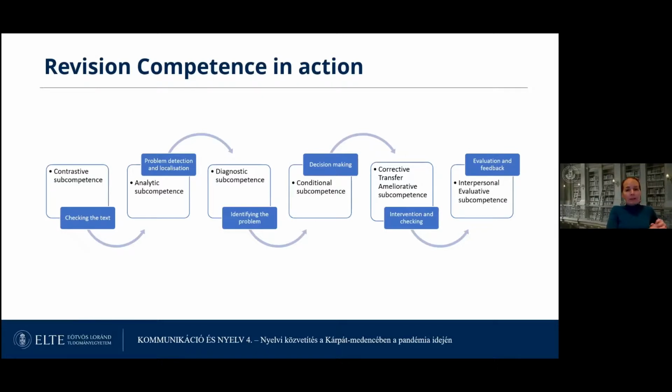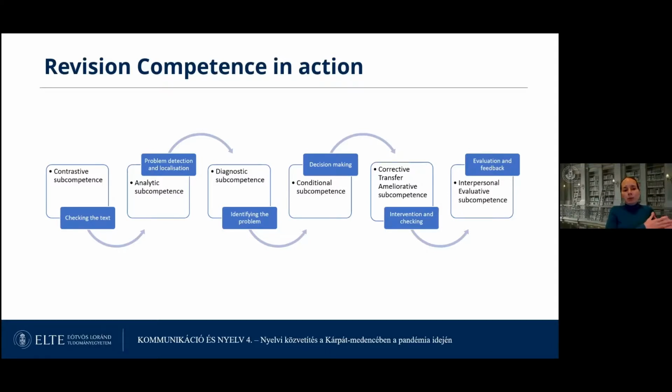The revision is done effectively if the reviser employs the revision sub-competences. We talk about a set of competencies specific to translation revision. These are different from translation competencies, and these sub-competencies need to be employed in the different microsteps of the revision procedure. Contrastive sub-competence needs to be employed to be able to check the text and analyze, and with analytic sub-competence